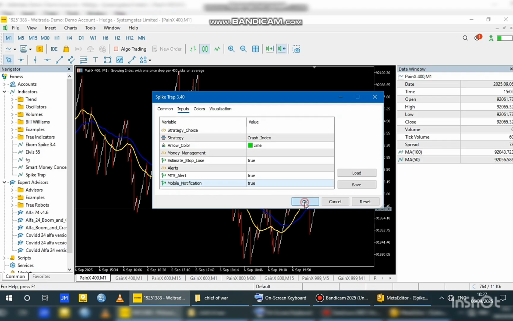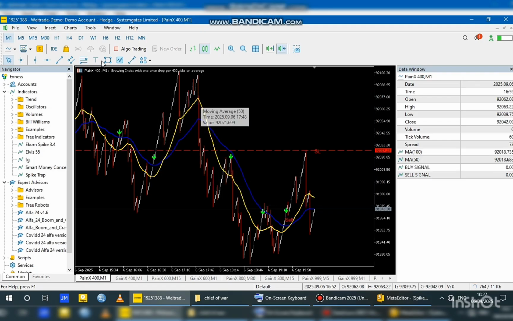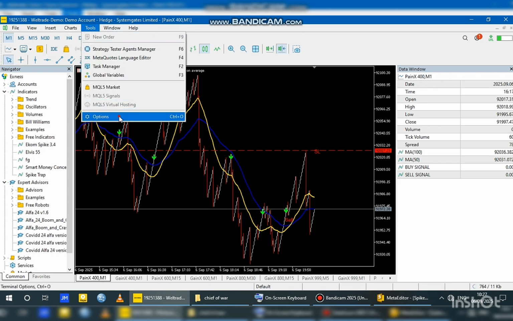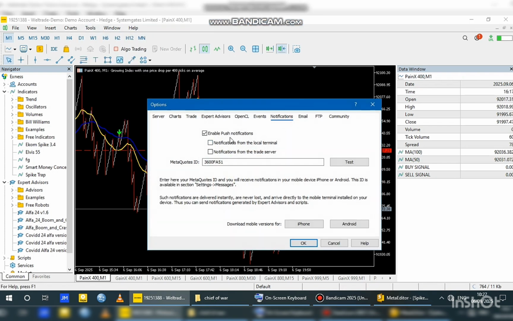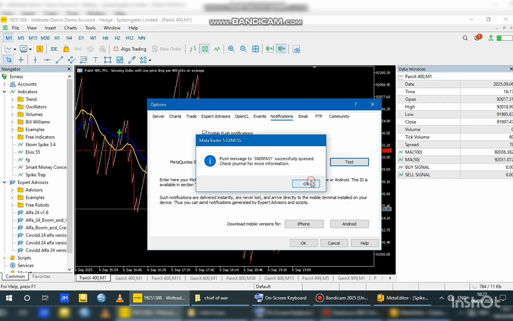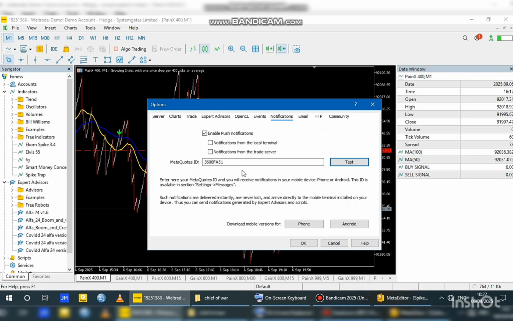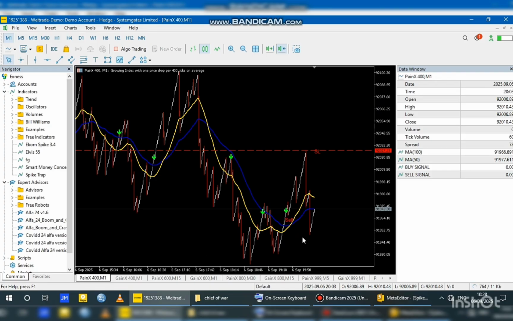We'll go to OK. And if you don't know how to set your notification for mobile, you just go to the Tools option, then Options, Notifications. You tick the box to enable notifications, then you paste your MetaQuotes ID in this box. Then you test it and you receive a message. But don't forget to paste your MetaQuotes ID. From there you click OK. Then your indicator is set to send signals directly to your phone, and even to send you an alert on your